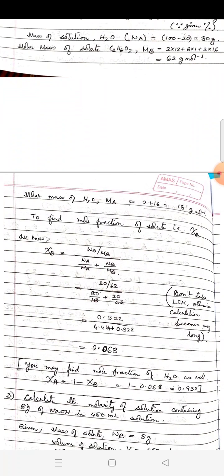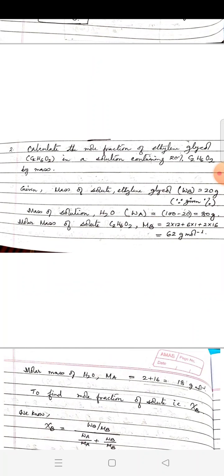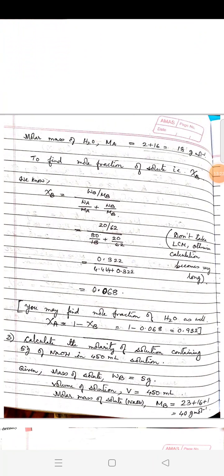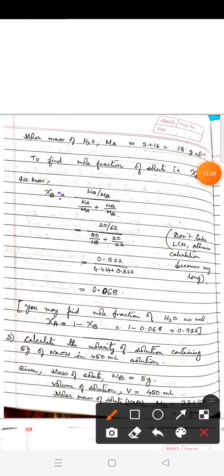So molar mass of water we all know is 18. One thing I would like to mention here, nothing has been specified regarding the solvent. So when nothing is specified regarding the solvent, you have to understand that the solvent is water. So we put the correct formula. Since ethylene glycol is the solute, we have to find out chi b. So chi b is Wb by Mb divided by Wa by Ma plus Wb by Mb. Here again I would like to bring to your notice that the equality sign and the division line should be together. Otherwise there are so many division lines, it will create confusion.